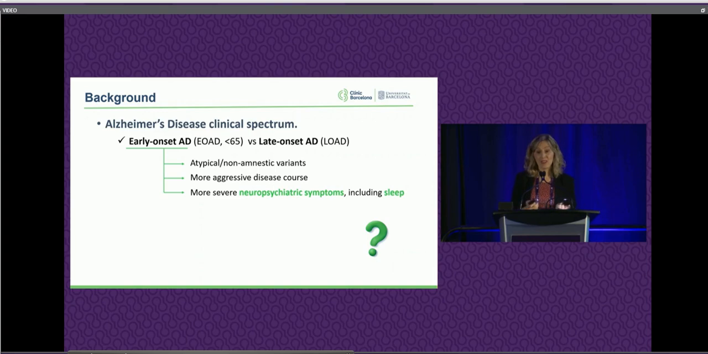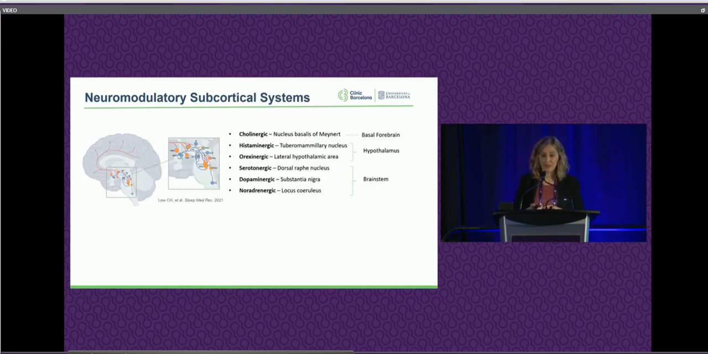But on the other hand, we don't understand very well why there are differences in the manifestation of neuropsychiatric symptoms or sleep symptoms across the different AD variants, or even between early and late onset Alzheimer's disease. We have tried to disentangle this in recent years. And before I start showing you some of the work that we are doing, I wanted to stop for one minute